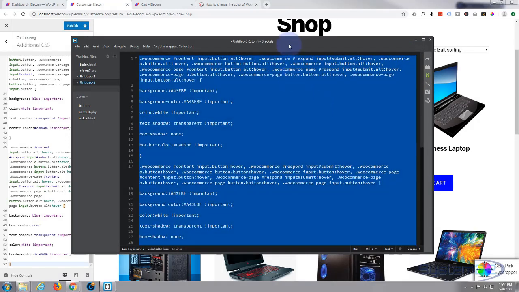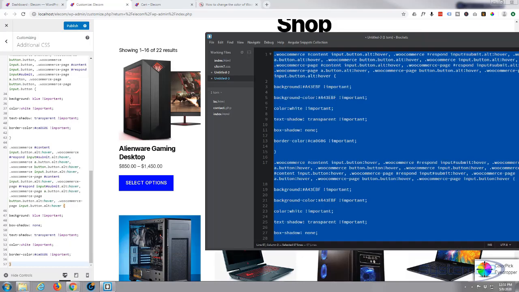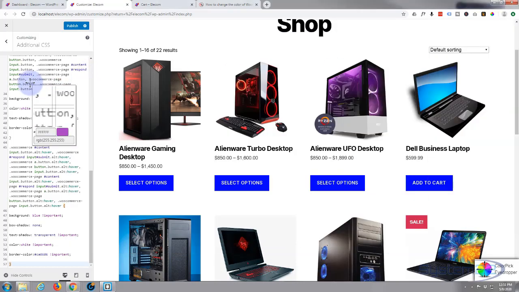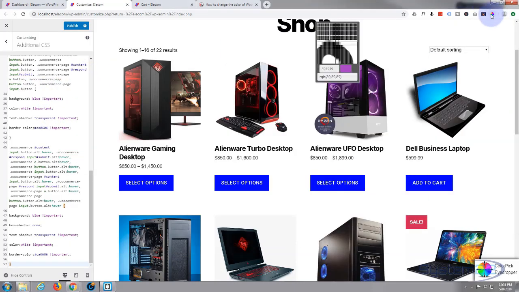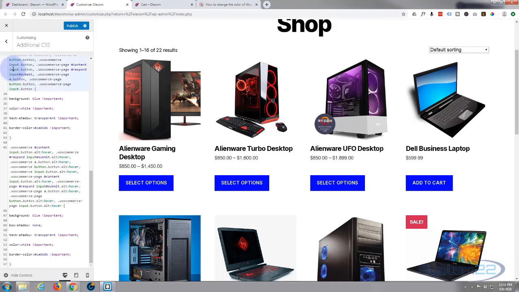Control A to select all, Control C to copy. Again, let's get rid of my color picker here. Control A to select all, Control V, paste it in there, and now we've got purple buttons. Really easy to do. So let's go ahead and put this back to how it was, which was their original text